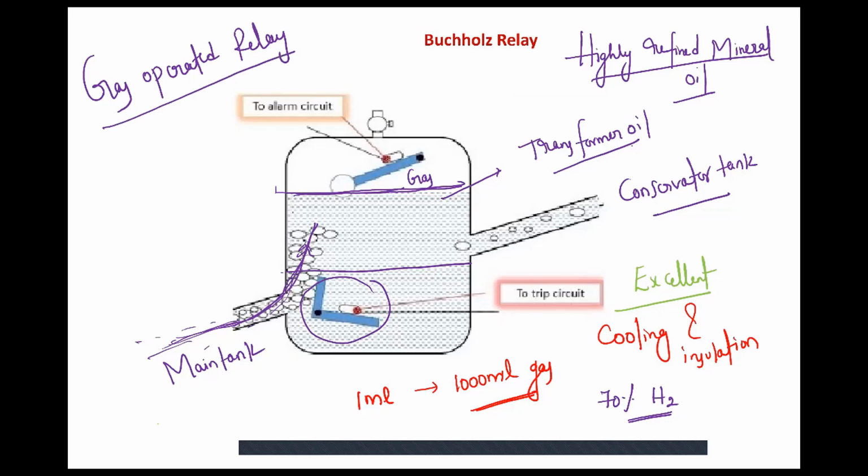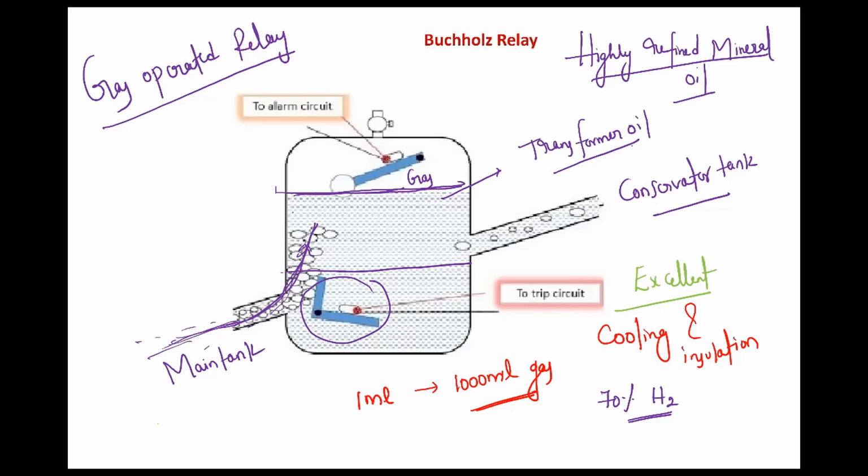Okay, it operates with the gas that is produced by the evaporation of the transformer oil. It is the only relay that acts before the fault. Before the major fault, it will detect the slow developing fault and it will give the alarm and trip command. Understand? All other relays act after the fault. It is the only relay that acts before the fault. That is about the Buchholz relay.